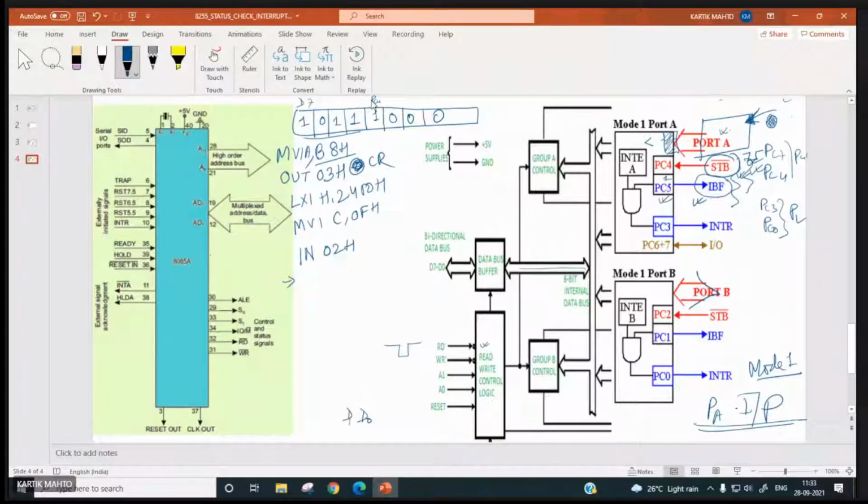D0, D1, D2, D3, D4, D5, D6, D7. This is PC7, PC6, PC5. So if you have to check whether PC5 is 1 or not, we have to put 1 here and the rest with 0, no?